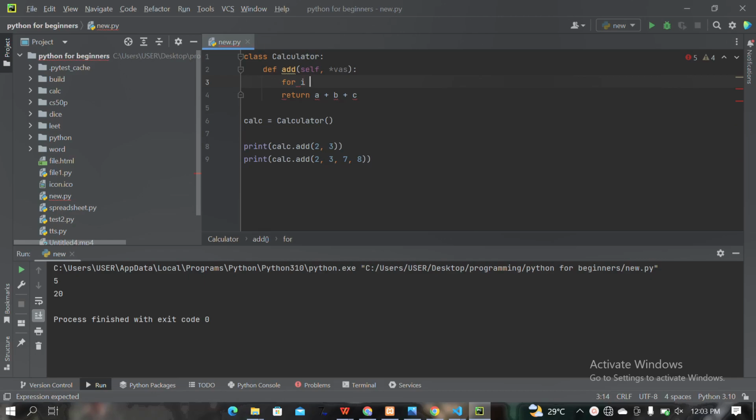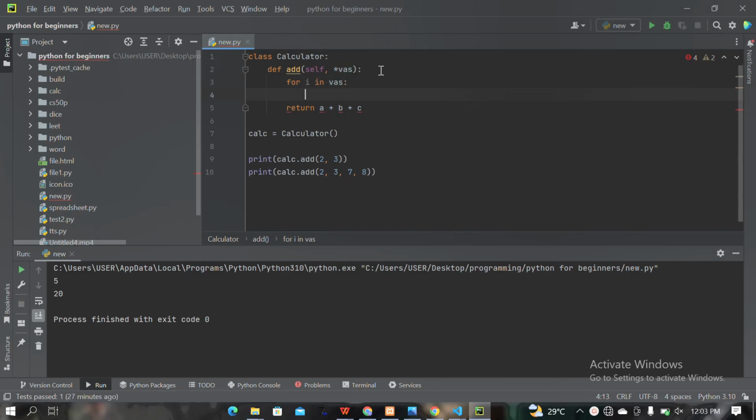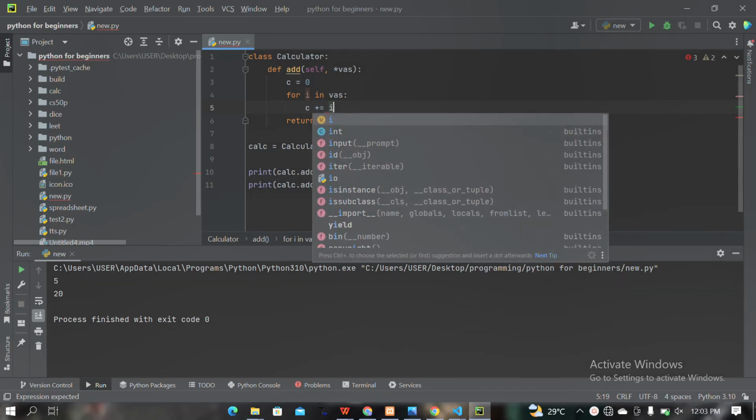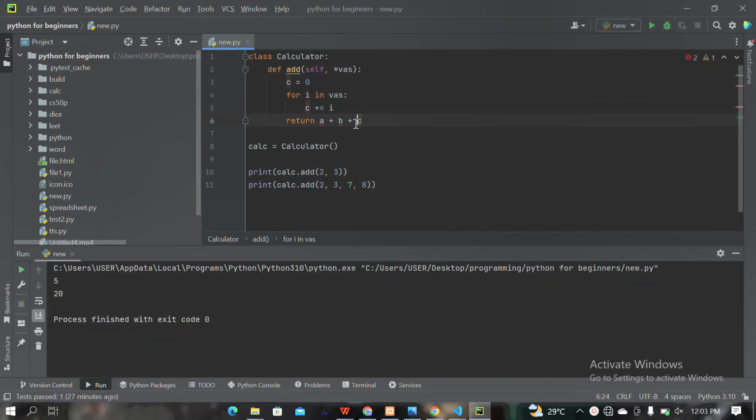So we're going to say for i in vars, because that's what we called it. I'm just going to call another variable up here. Let's say c, and let's say c is equal to 0. So for i in vars, c is going to be plus equals i, and then we're going to return c. So that's what we need to change. Every single thing else in your code remains the same. And if you run it,